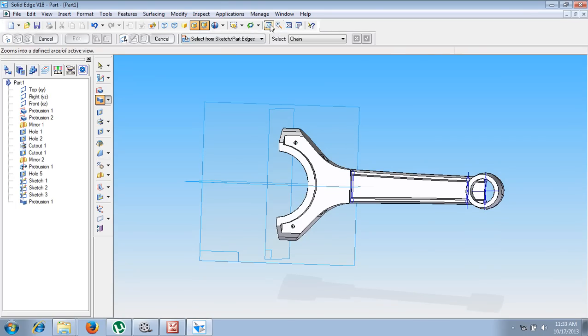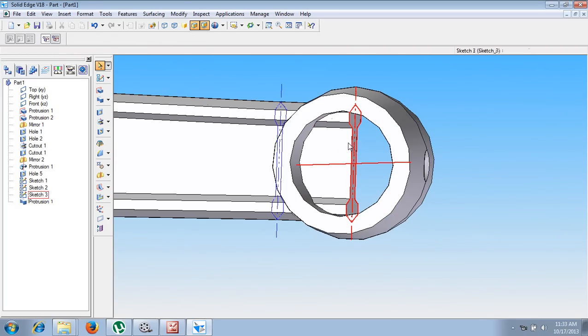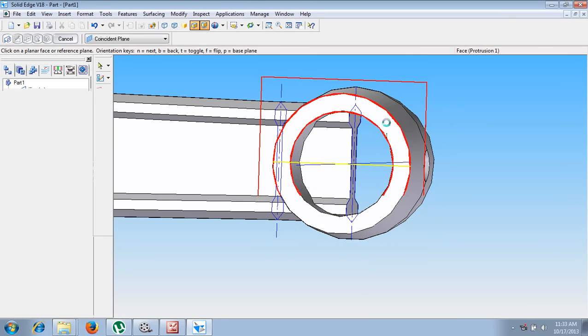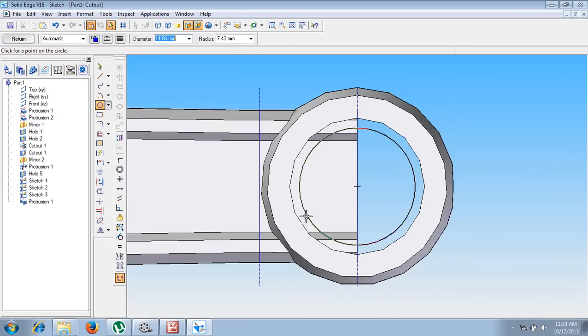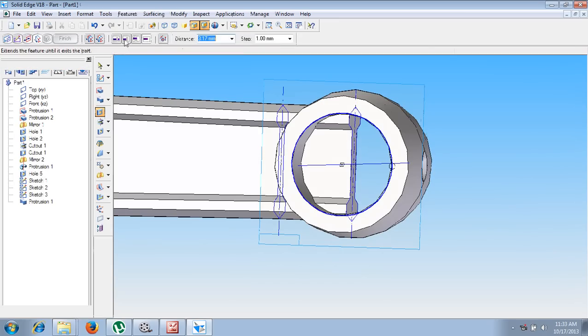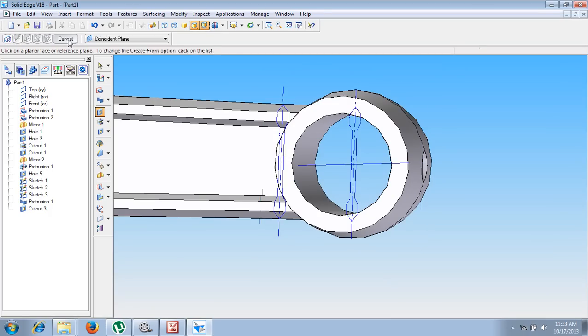Once you got the respective eye section, then what you have to do is we have to do this cutout portion, because this portion is not necessary for us. Let me go for a cutout command. The cutout, let it be started from this face. In the circular fashion that cutout has to be done with respect to this diameter. Let me say return, then go for through all. Don't go for through next. I wanted through all because we have different sections there. Through next means only some portion is going to be trimmed. So I wanted complete trim. So let me go for through all, then let me say finish.